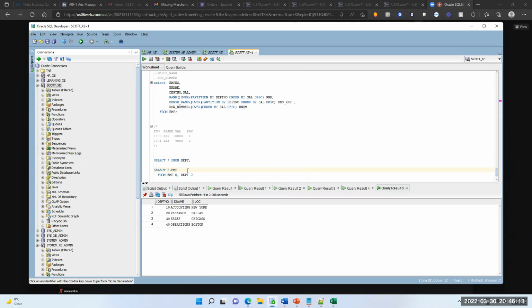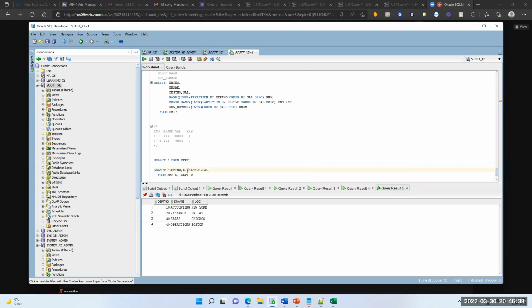So we want employee number here, okay? And employee name, where is it? Employee table: E dot ename. Now salary, where is it? Employee: E dot salary. And the department number, both tables have it.